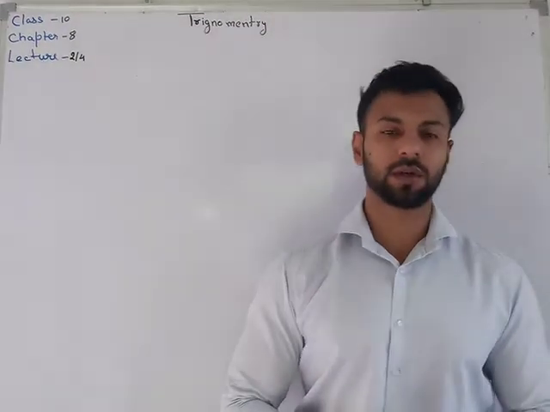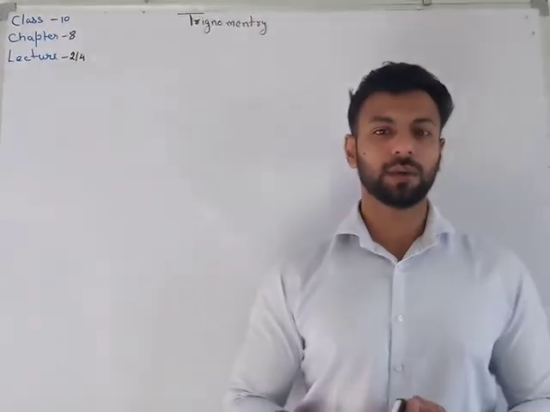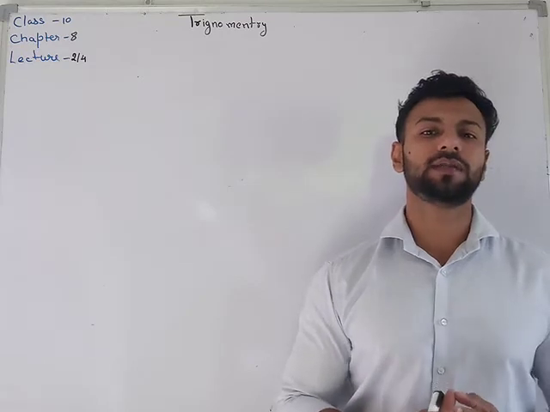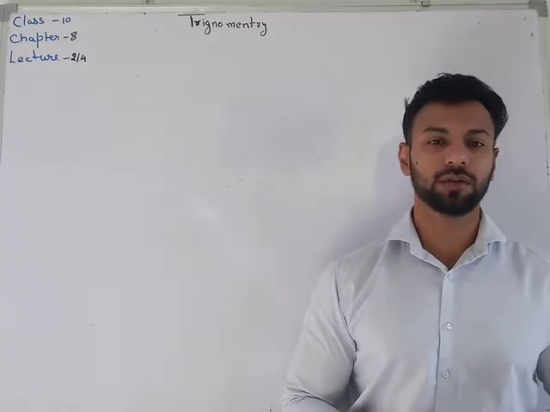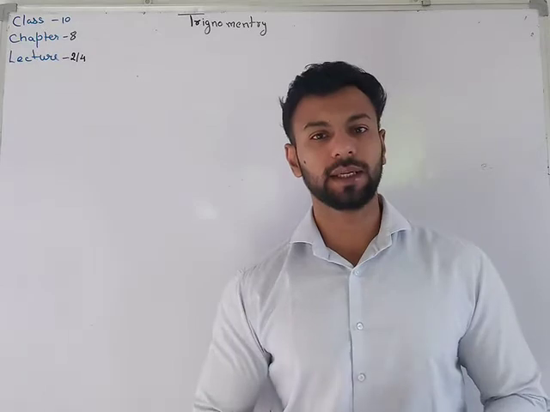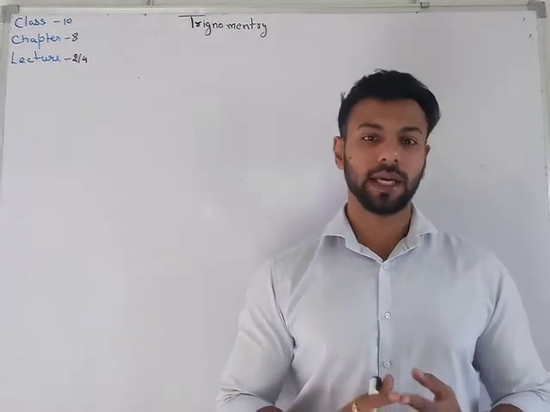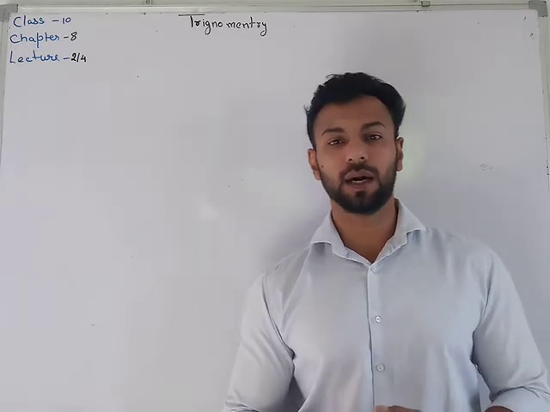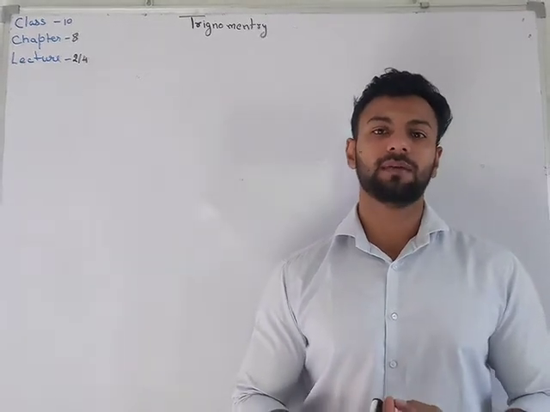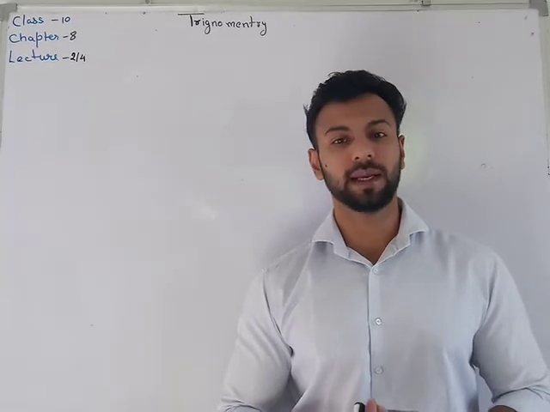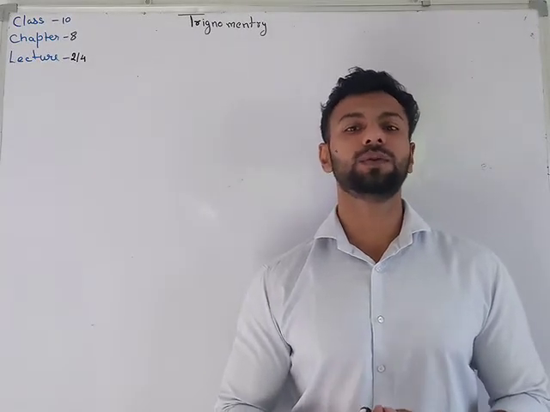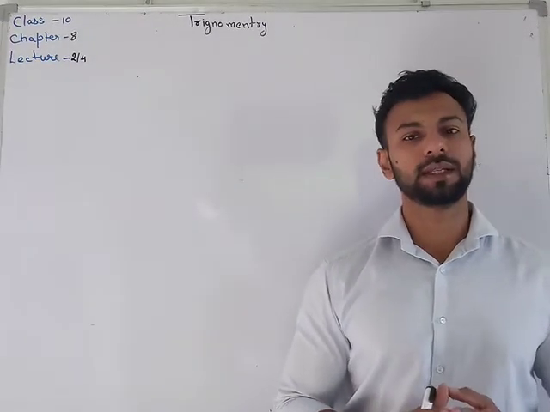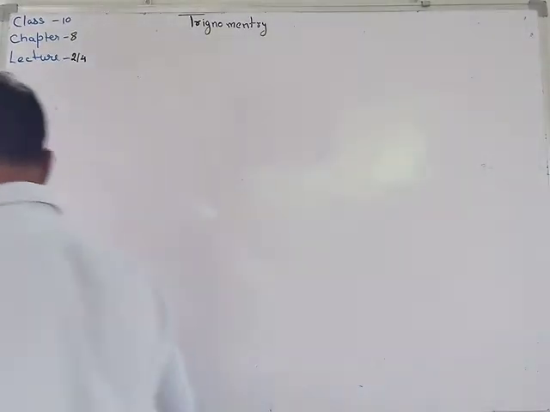Good morning, folks. Today we are going to continue our chapter on trigonometry. In previous class, we have seen some of the trigonometric ratios: sin theta, cos theta, tan theta, cosec theta, sec theta, and cot theta. Now let us move to the next part of trigonometry, where we have to specify some angles and the corresponding values of these ratios with respect to the angles. So let us see what they are.